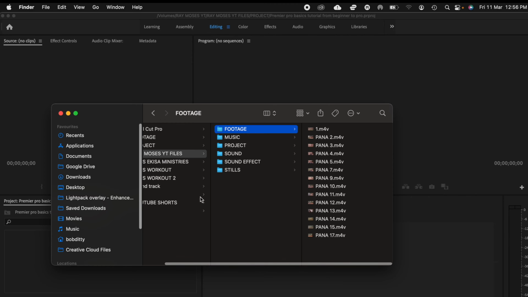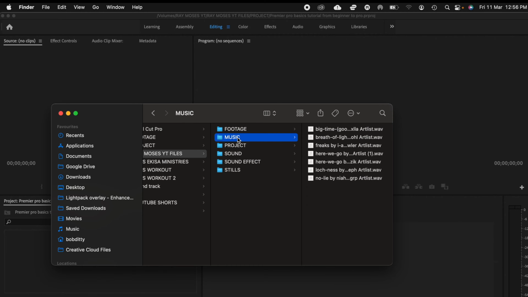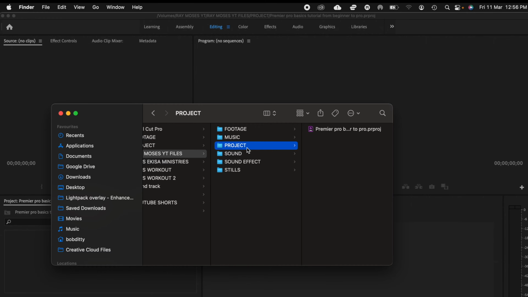So we are going to import our clips into the project panel. And here, organization is very important when it comes to editing. Having organized clips, sound, and music will help save you a lot of time, and it makes editing fast and really very easy. I organize my files in different bins. The first one is footage, then music, then project, then sound, then sound effects, and then I have